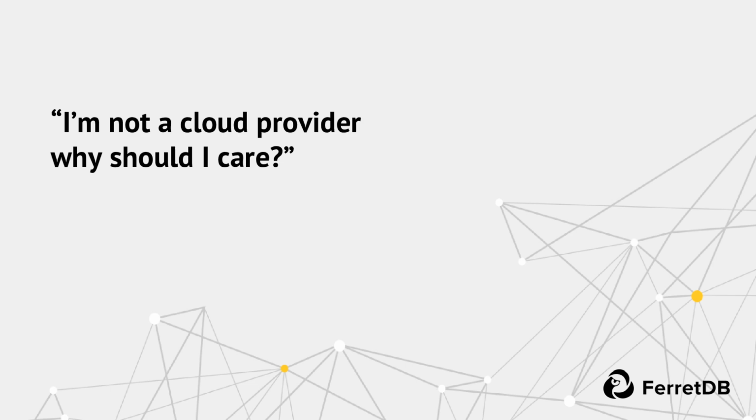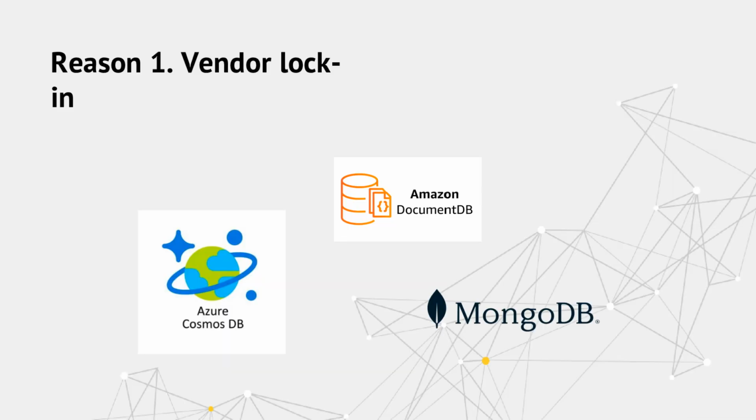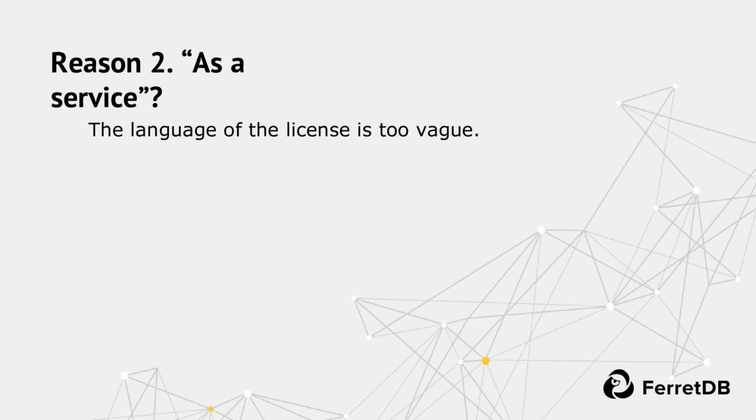I will mention 2 reasons. First one is vendor lock-in. In case you actually want to use MongoDB as a service, there are not a lot of offers. Of course, there is MongoDB Compass, plus there is Amazon DocumentDB, or there is Azure Cosmos DB, and basically, I think that's more or less it. So in case you want to migrate to a cloud provider one day, you cannot choose just any provider, maybe your favorite provider. And the second reason is that the definition of it as a service is not clearly defined.